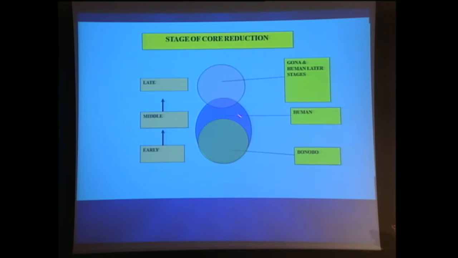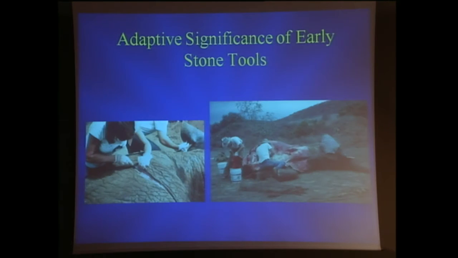The flakes from the bonobos and our experiments were about 40% cortex. The Gona flakes were 12% cortex, clearly later stages of flaking. So even these very early technologies have a fairly complicated and complex system of moving things around the landscape, clearly taking things to another place in anticipation of later use.